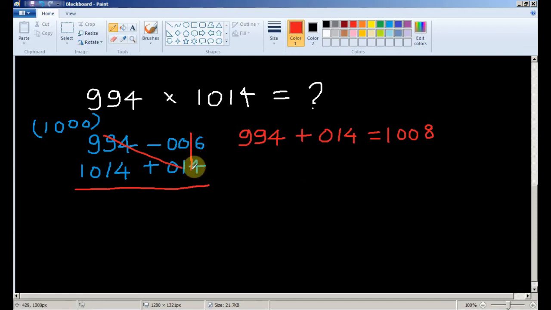Now I have to do a vertical multiplication between 6 and 14. So it's going to be 006 multiplied by 014, and the result is going to be 6 fours are 24, and your 2 balance, 6 ones are 6, and plus 2 is 8, so 84. Okay, and since it's a 3-digit multiplication, I have to write 3 digits, so 084.